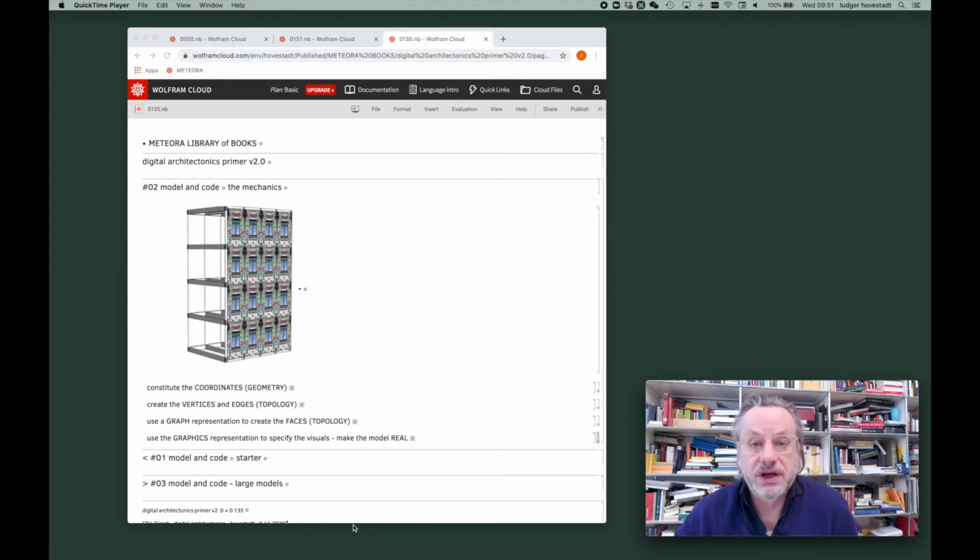Welcome. We now want to have a deeper look at the mechanics of the coding of architectural models. We will create a model like this, which is not exciting, but for didactical reasons it's quite okay. It will cover the topics I think important. It will show you how to turn the different aspects of coding